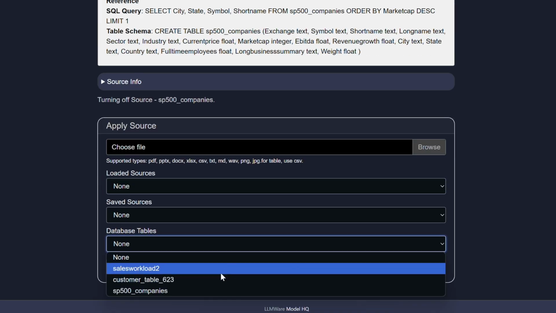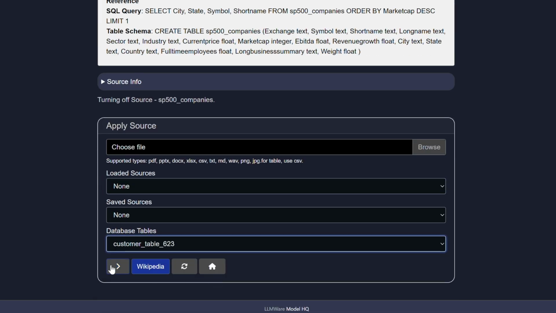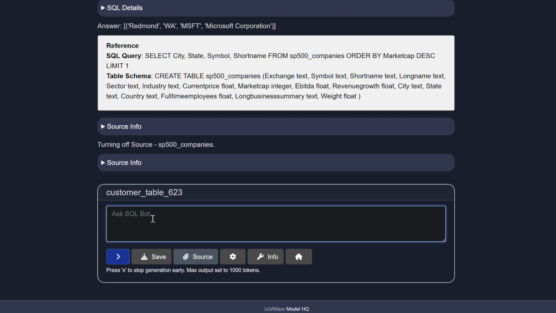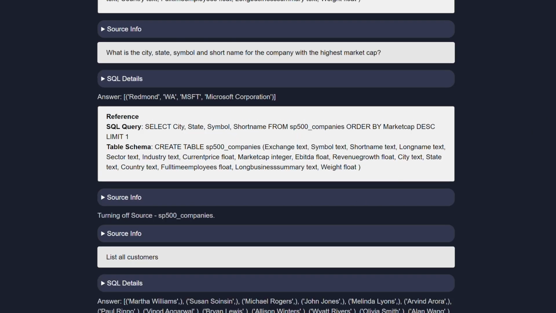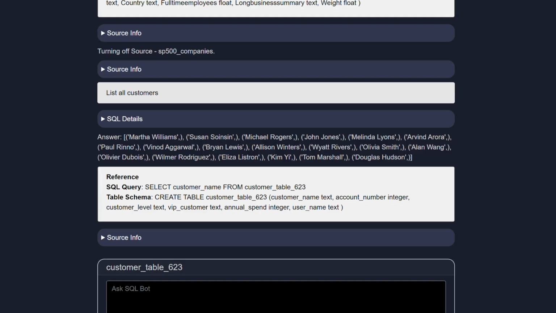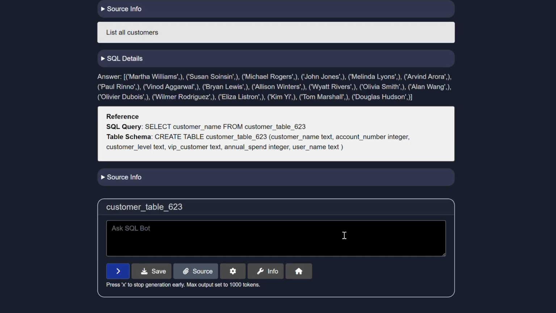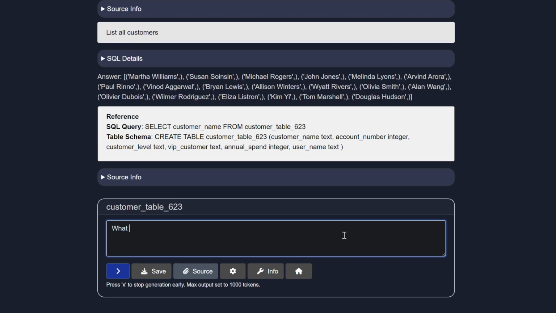And so the next one that we'll look at is just our customer table. And as I said, this was a really, really small customer table. In fact, it might be saying too much to even call it a customer table. So let's just ask a really basic question. Just list all the customers that are in it. And you can see a list. It's around 20, 25 customer names that we've built just in this mock-up of a customer table. And now that we have all the customer names, we could say, what is the